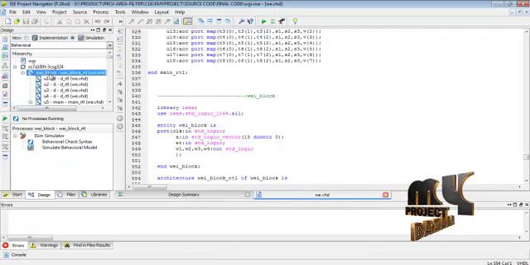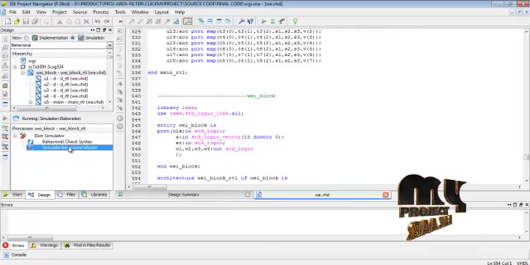Then we select the weight update block for the simulation work, then select simulate behavioral model.